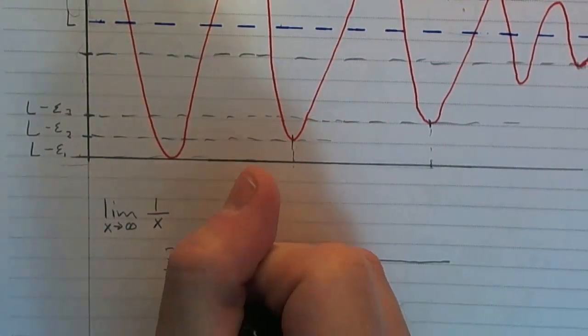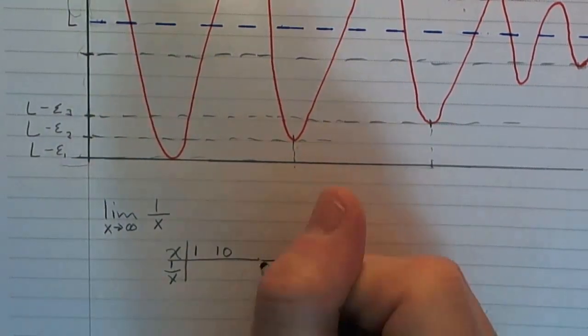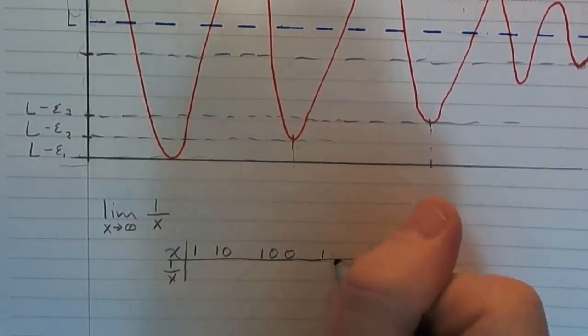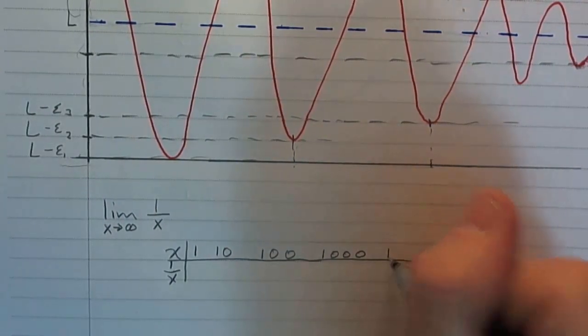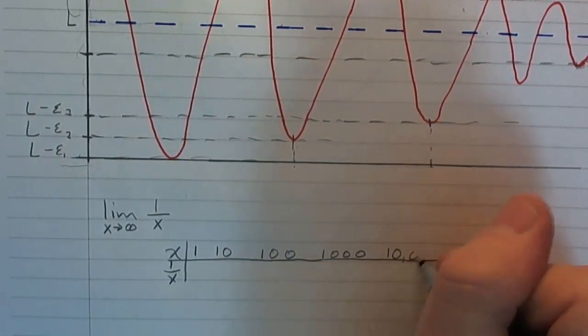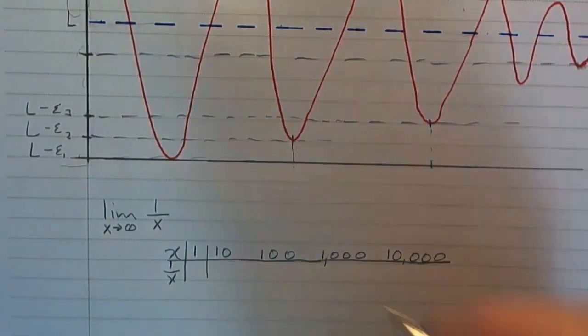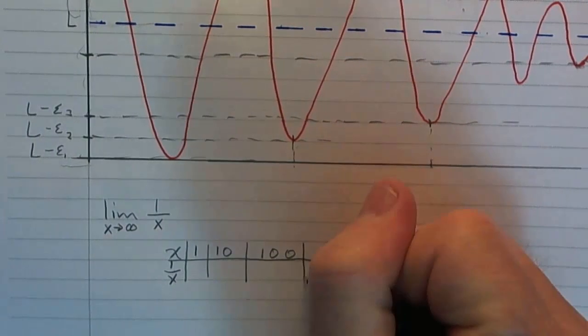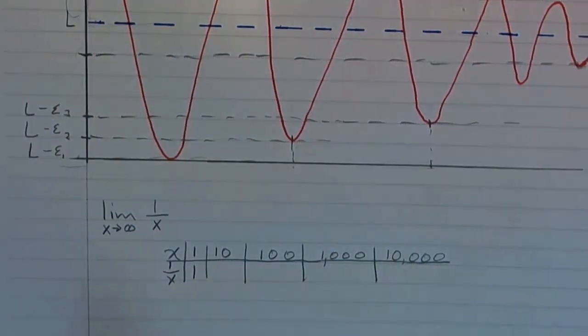We say, okay, I'm going to plug in a 1. I'm going to plug in a 10. I'm going to plug in 100, 1,000. I'm going to plug in these values, maybe even a 10,000. And let's see what the corresponding function values are here. So if we plug these in, notice, first of all, when we plug in a 1, we just get